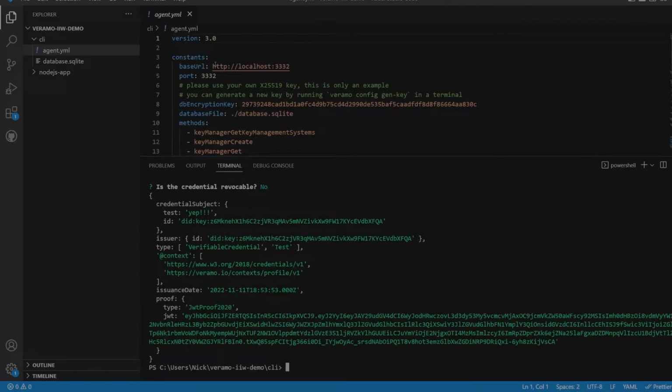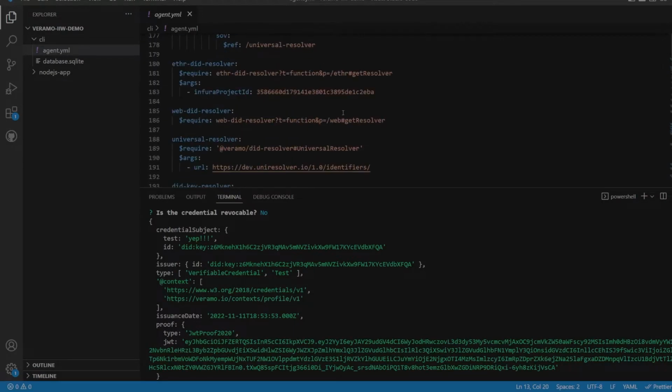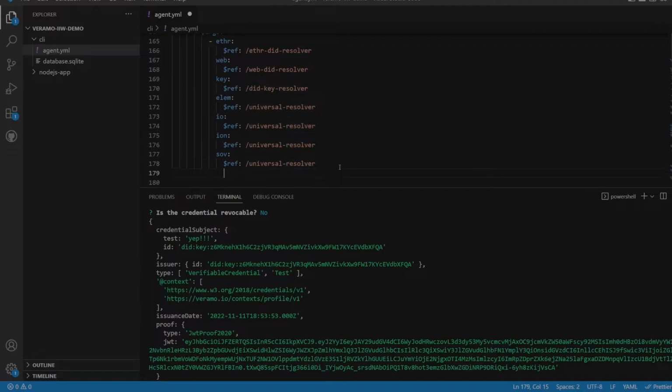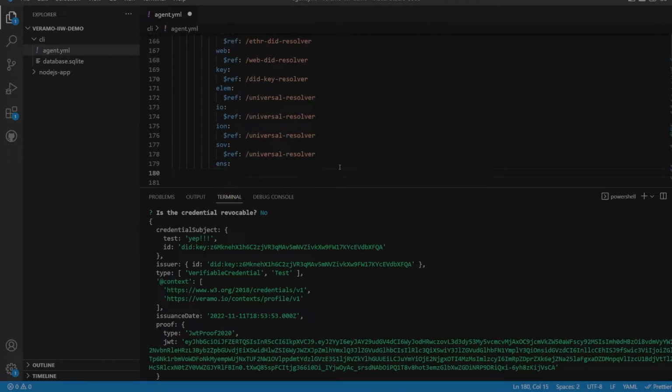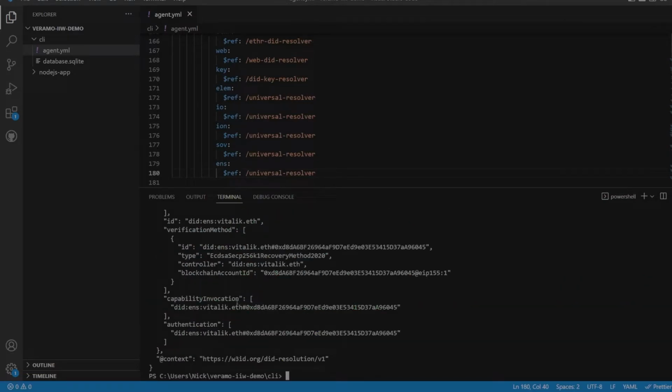Now, like I said, you can modify this agent config here. So let's say we want to add the ability to resolve a new DID method. We'll go ahead and add the ENS DID method here, and we're going to use the universal resolver for it, just because that's easiest. And now, because we've added that to our agent config, we can actually go ahead and just resolve did:ens identifiers now right from the command line. There's our